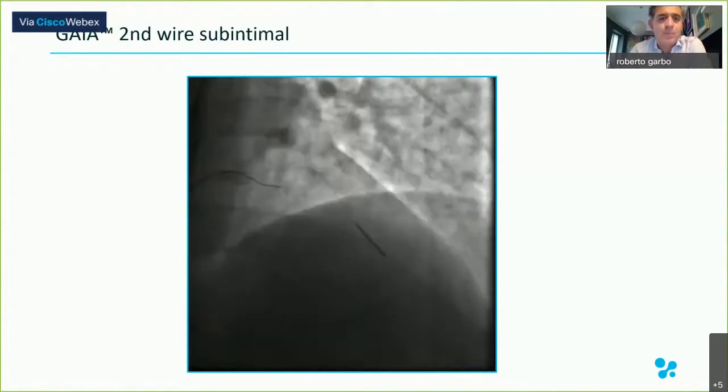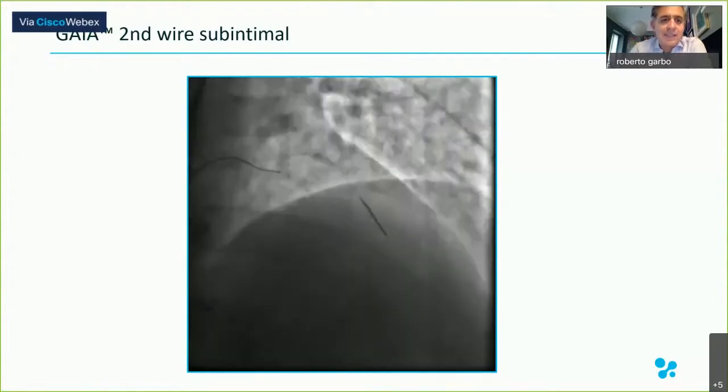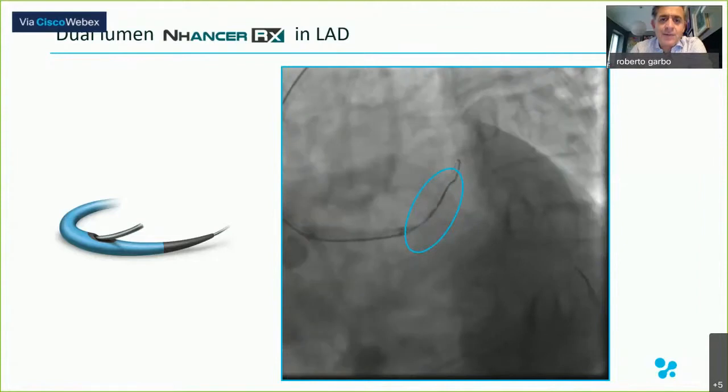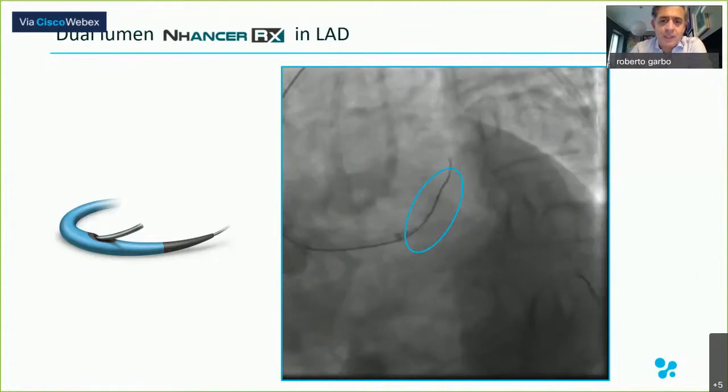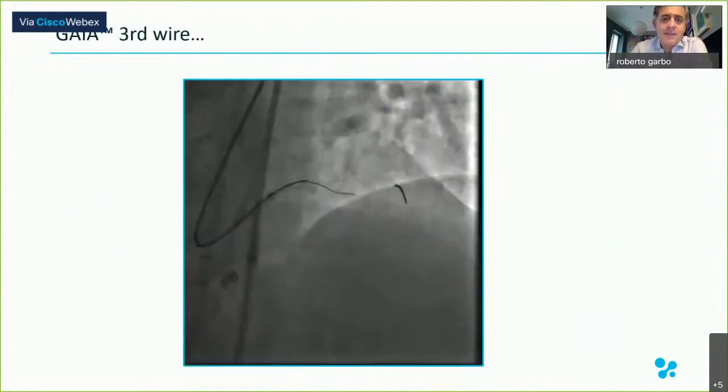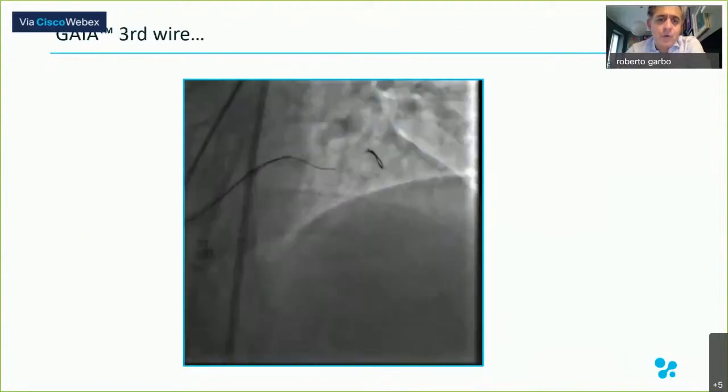This is a very important point. So I take a Gaia third, and I put a dual lumen again. So this is an over-the-wire over the Gaia second. So I switch from the circ to the Gaia second with the dual lumen, and then this is a fluoroscopy